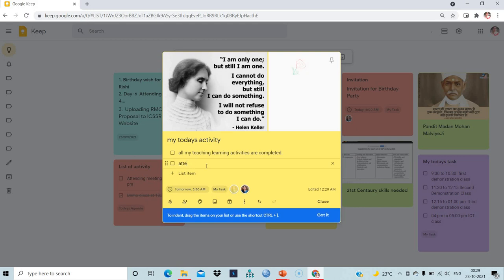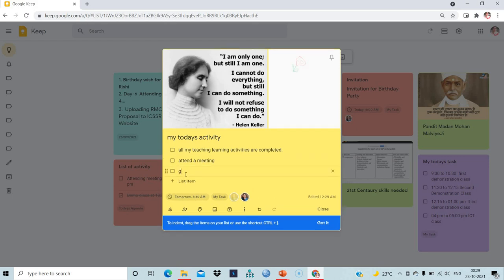Okay, attend a meeting. And one more item I have added, go to the market. This is another task or today's activity. In this way I can organize the things.